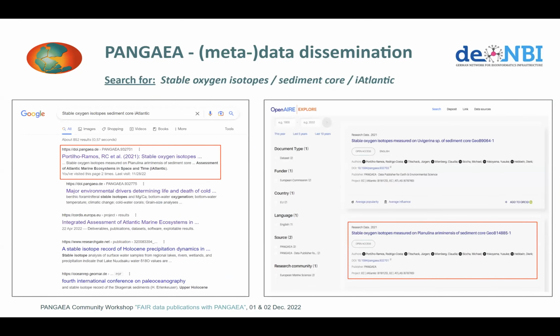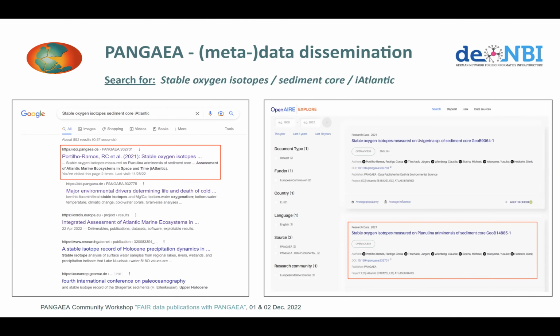It's really nicely linked to the search engine. On the other side here in OpenAIRE, you also get it as a second hit, but the first hit is also a data set that is a bundled data set, and both belong together. That shows you how closely linked our metadata catalogs are to the search engines